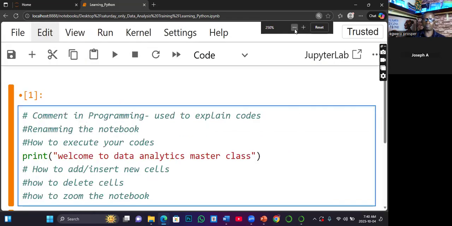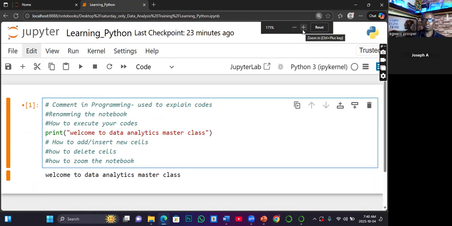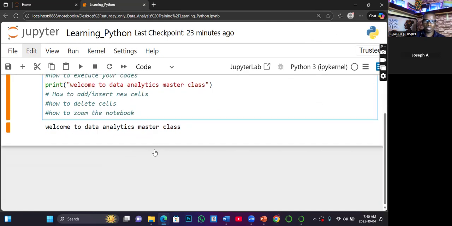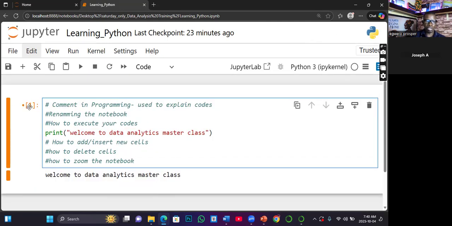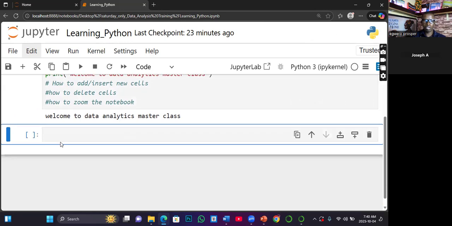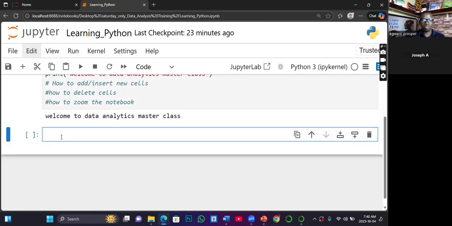Okay, so these are some shortcuts and options in case you do some settings, you can reset by clicking here. Another thing I want us to understand is, let me add a new cell. I click here, I press letter B. Now you notice that each time I want to open a bracket like print, for example, if I hold down the shift and the opening bracket, it will give me both brackets at once, both the opening and the closing bracket.